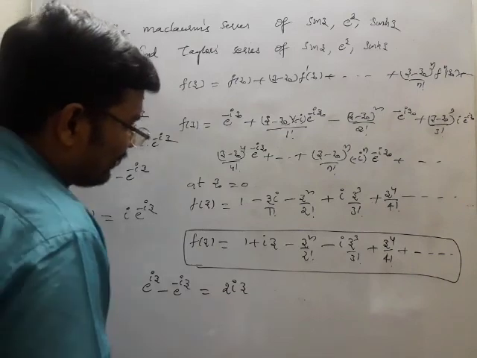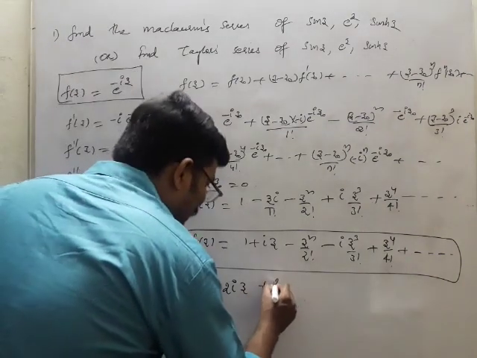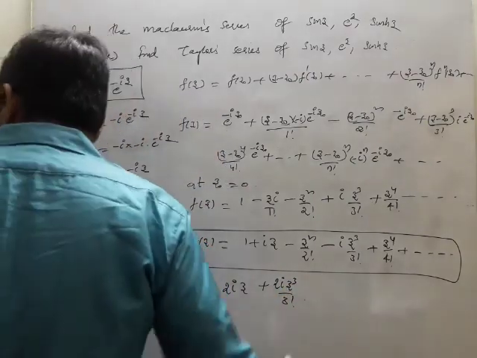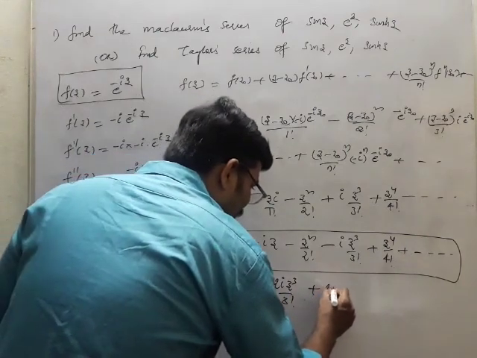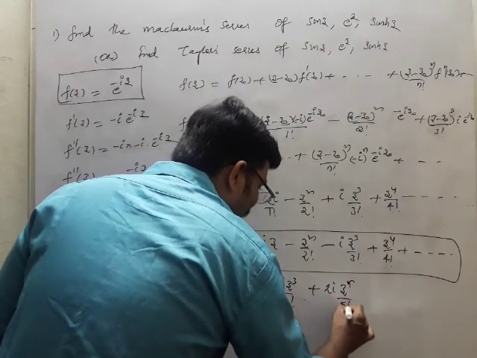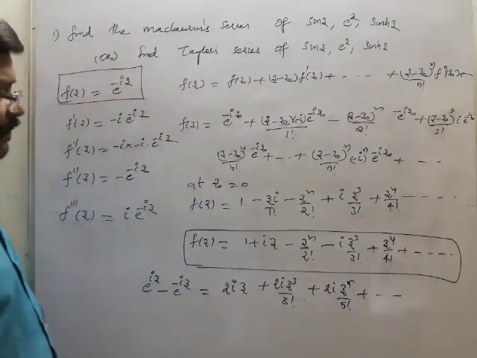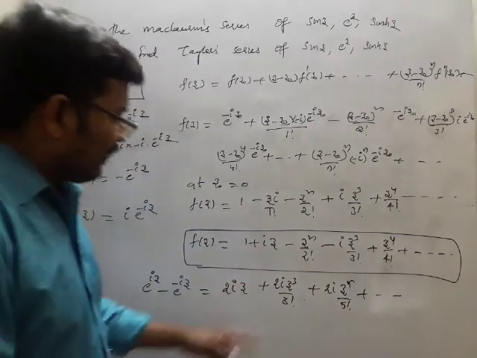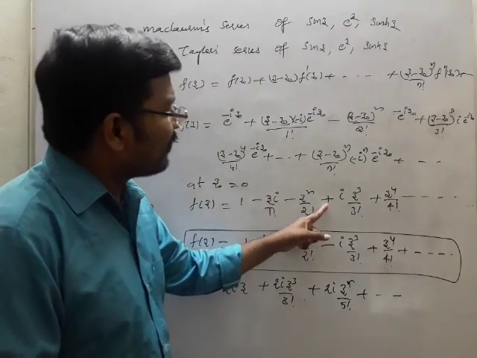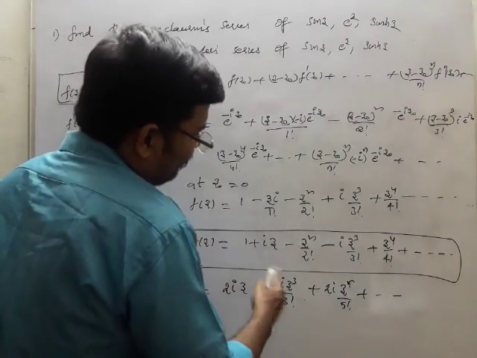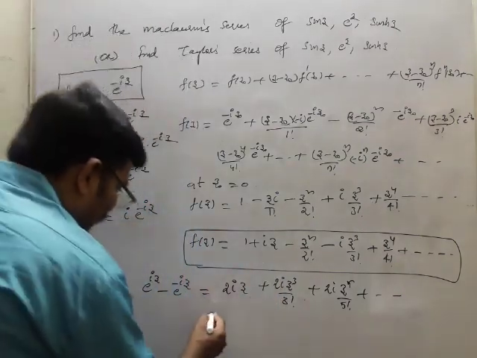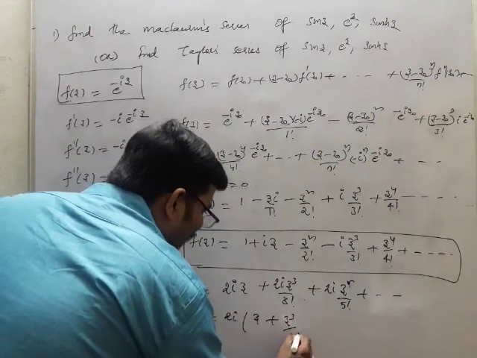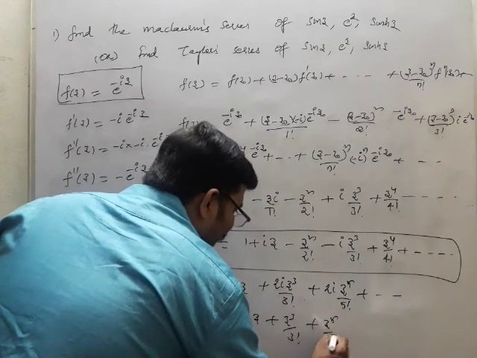So you will be getting plus 2i z cube by 3 factorial, plus 2i z power 5 by 5 factorial plus, and so on. This may be minus here, so you will be getting plus. Anyhow we will check it later. This is 2i times z plus z cube by 3 factorial plus z power 5 by 5 factorial plus,